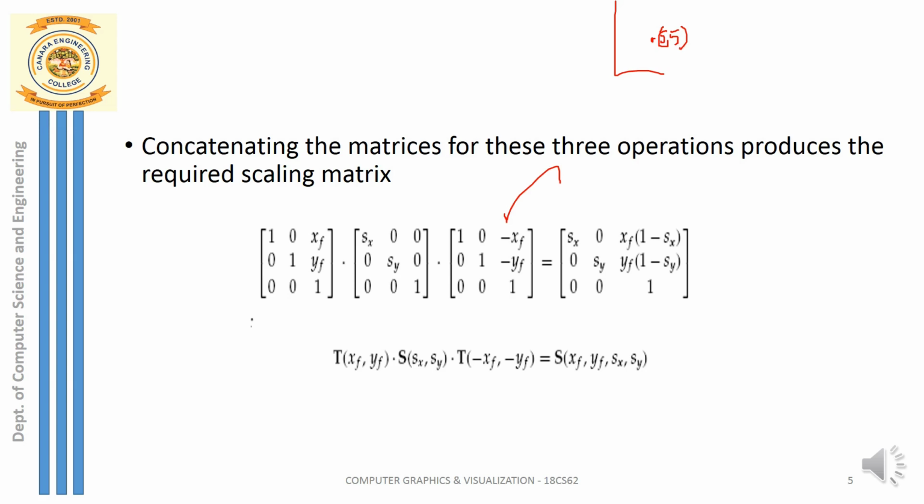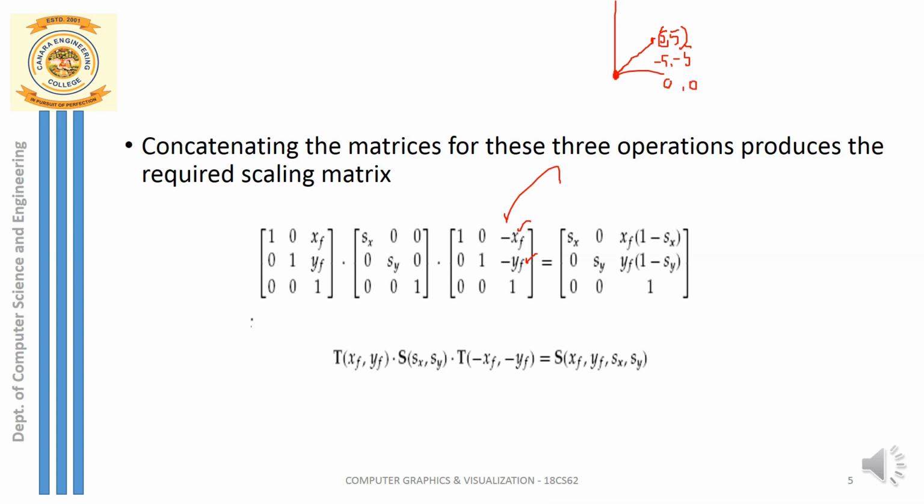What is the meaning of that? I'm subtracting this 5. In order to get this 5 comma 5 to the origin, I have to subtract 5 comma 5 from it, so that I get the resultant 5 minus 5 as 0, and again 5 minus 5 as 0. So for the x coordinate I subtract 5 minus 5, I get the new x coordinate as 0. For the y coordinate, 5 minus 5, I get the new y coordinate as 0. That is what I want. I have to apply this reverse translation. So I can do that by subtracting the arbitrary point from itself. So minus xf minus yf you have here.